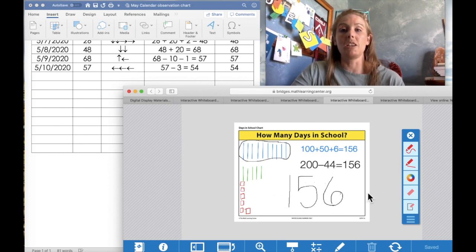What number are we going to change? That is correct. We are going to change the 6 into a 7. So go ahead and write 156 on your page. Now I'm going to put black. 157 days of learning. And over here in our picture, we do have created 156. Remember, 10 tens is 100, 5 tens is 50, and our ones, 5, 6, and we're adding one more for today for